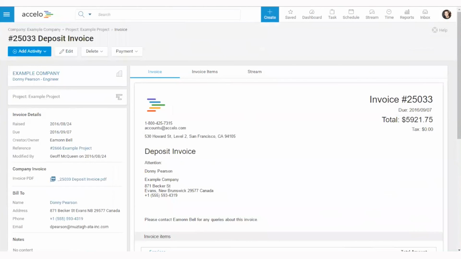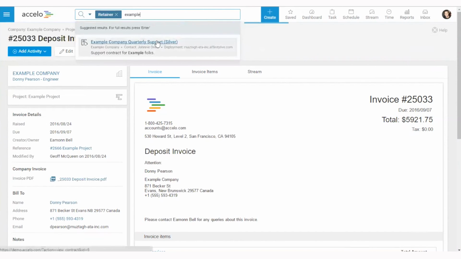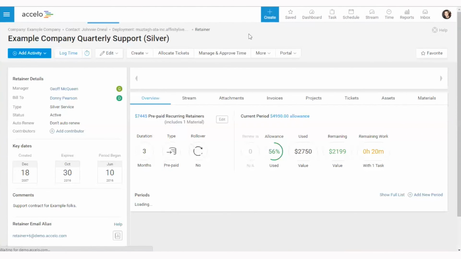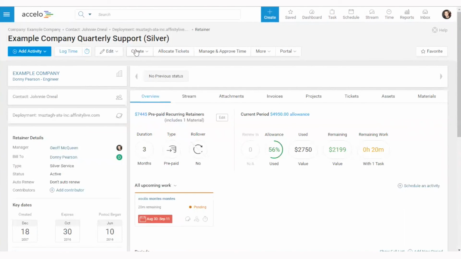Now, as mentioned, we've got the same thing going on with tickets or issues, depending on what you call them. And then the retainers stuff is actually more powerful. And we've made a couple of big changes with retainers, which some people call contracts. We're still working on a few loose ends here and things aren't quite perfect the way we want them to be, but will be in the next couple of days,